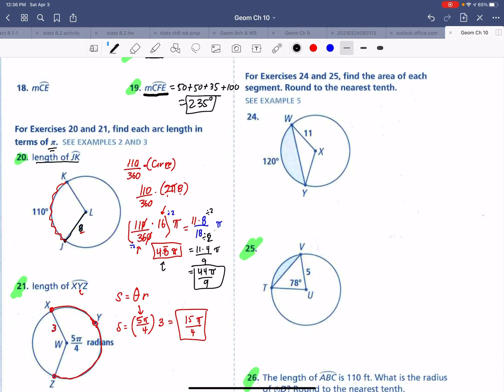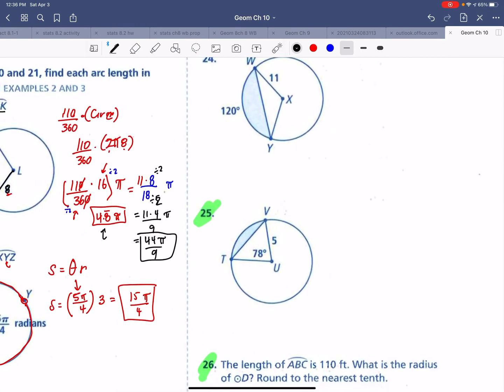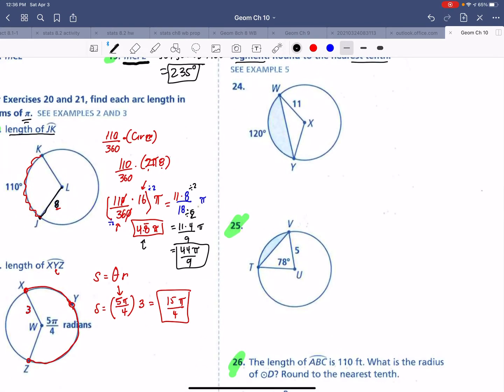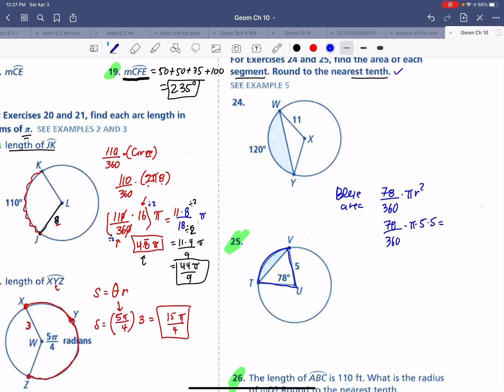25, it says find the area of each segment, round to the nearest tenth. Okay, so I've got my blue area first. It's my area of a sector. That's 78 over 360 times pi radius squared. So 78 divided by 360 times pi times 5 times 5. And we're rounded to the nearest tenth, so I'm just going to turn this into a decimal. 78 divided by 360 equals, times pi equals, times 5 equals, times 5 equals. I get